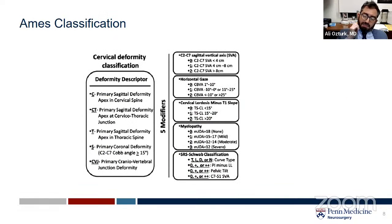This is the Ames classification, which I find helpful. It uses a cervical deformity descriptor along with several modifiers. This is sort of comparable to the Schwab classification in the thoracolumbar spine. It describes the deformity as with the apex being in the cervical spine, the cervicothoracic junction, thoracic spine, the craniovertebral junction, or primary coronal deformity, with several modifiers that you can see on the right, including the SVA, the CBVA,